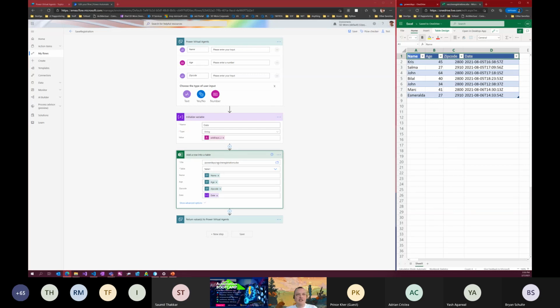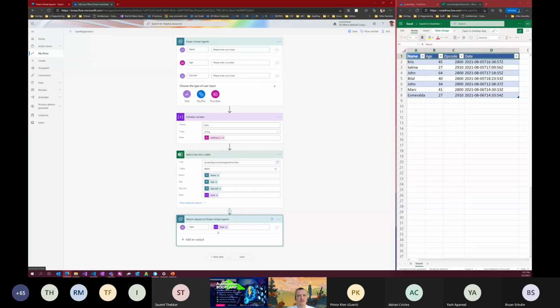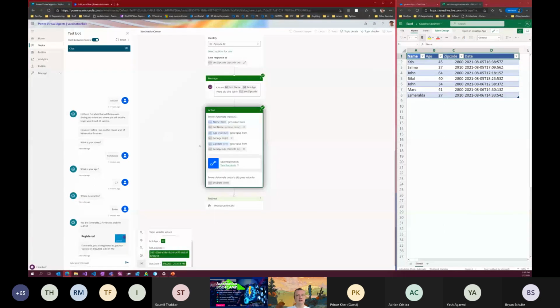Okay. So here I can say: add a row into this table, Table1, with name, age, and zip code. Remember, these come from over here, hence that greenish color, along with our initialized variable, our date. As an output parameter, I'm going to use this date again, because the date has been put into Power Automate but I also want to show it in Power Virtual Agents. So with my return value, I show that over here. Here's also how I make the binding: Power Automate outputs one given value, so I can couple that to bot.date, which you can see over here. That bot.date will be shown again